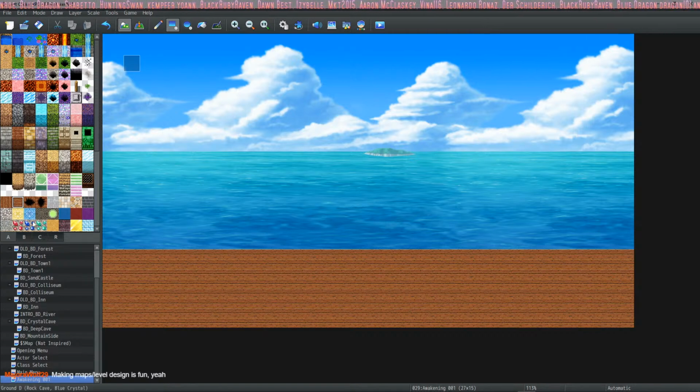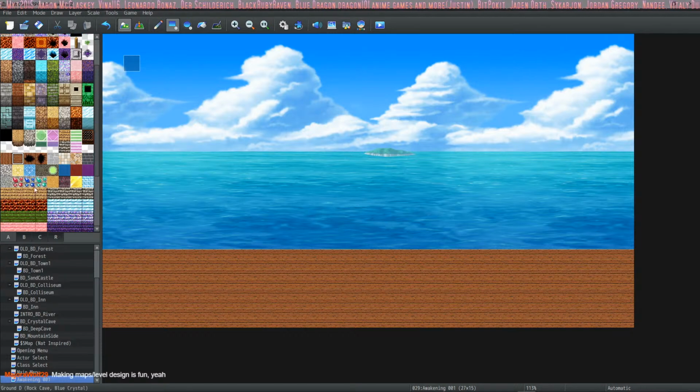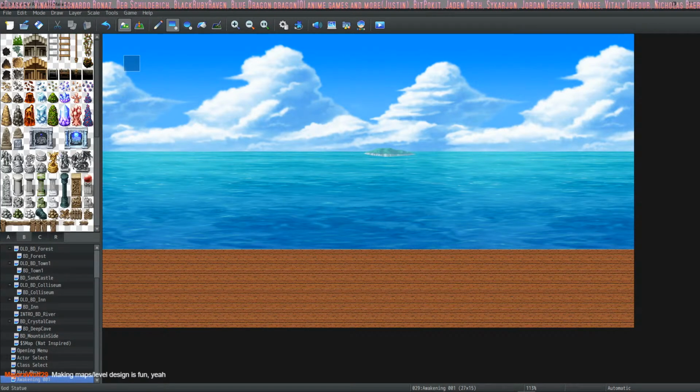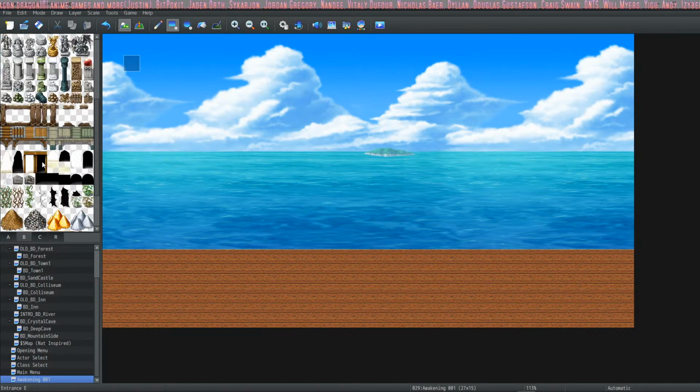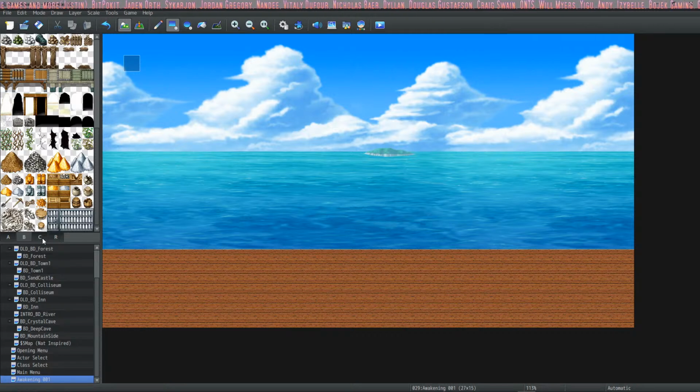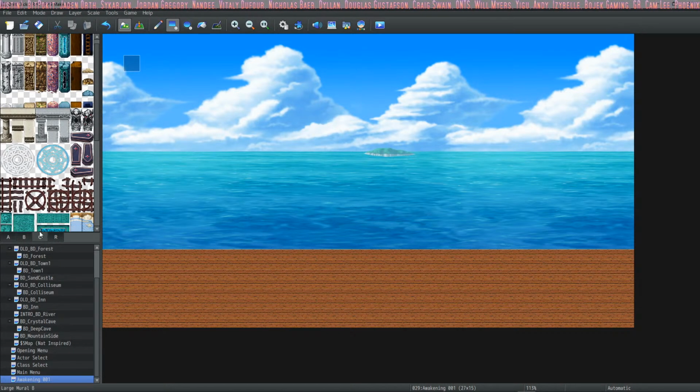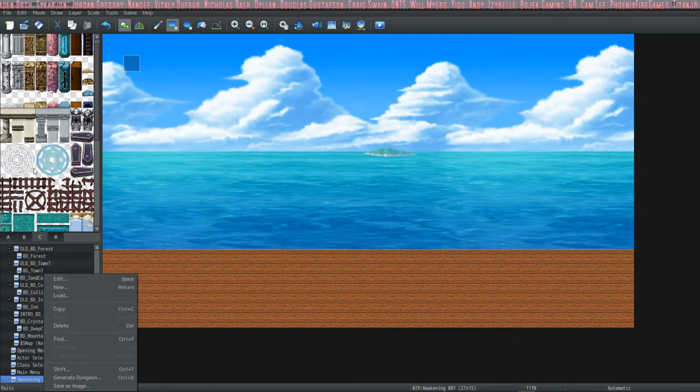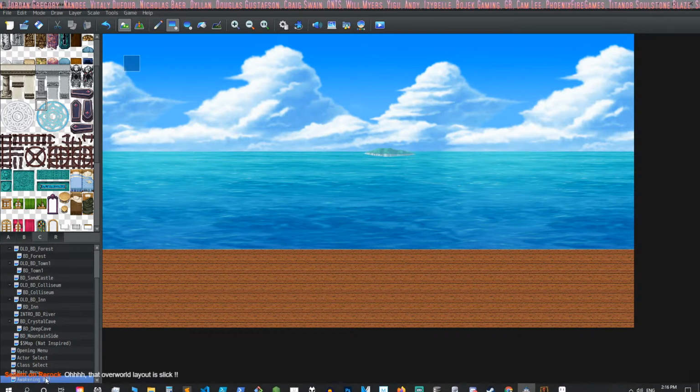Very poorly, but I don't care. I'm just going to placeholder maps because it's not going to be very map heavy. There'll be a lot of maps, but not like walk around like your traditional exploration thing. It's going to be a little different. Maybe I don't use this one, but I could, but maybe not.